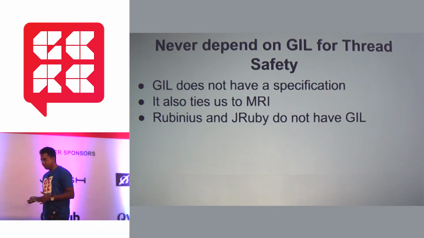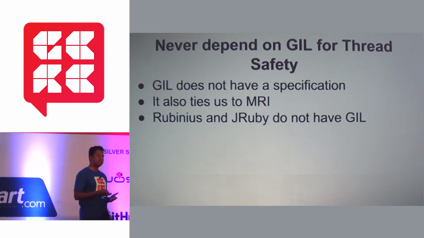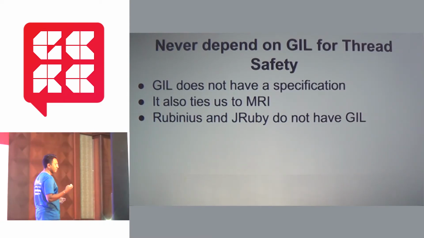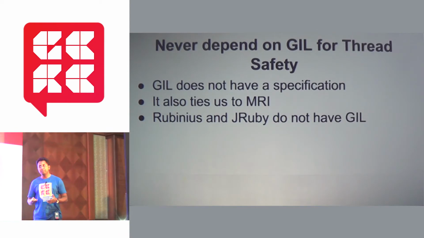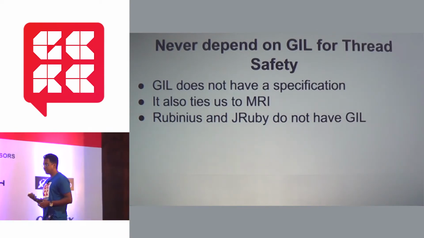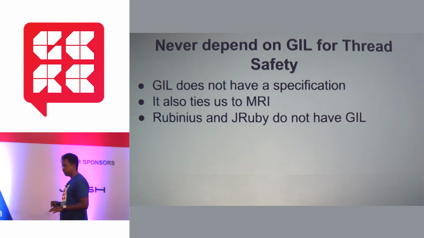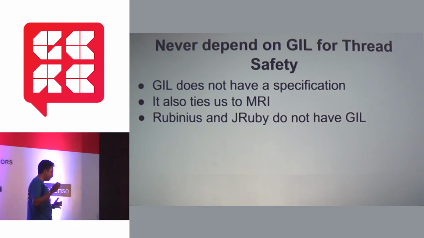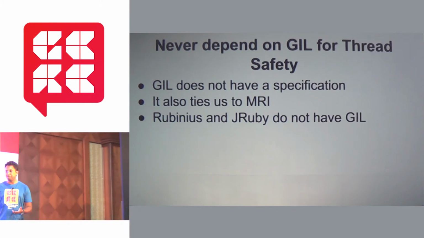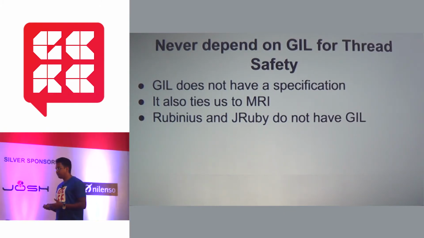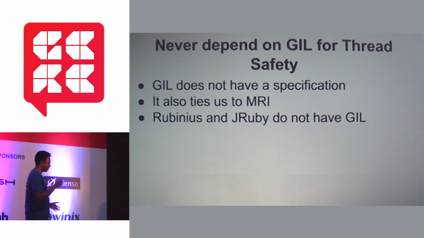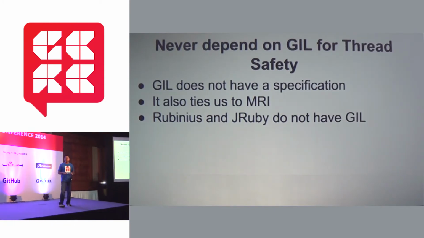And what about Ruby implementations that don't even have a GIL? So obviously that's the big problem, right? If you write a gem which has to be multi-threaded, and you're depending on the GIL to do its thing to keep you safe, then obviously it cannot work on Rubinius and JRuby. Let that alone, even within MRI, it's not entirely correct to say that you're thread safe because there is a GIL, and it will ensure that only one thread is running.